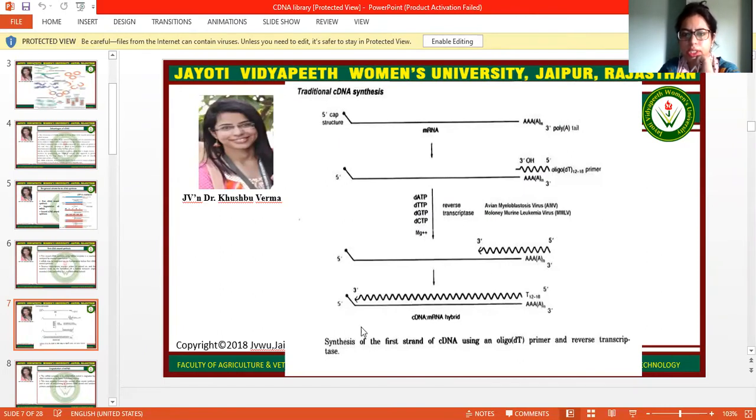So this is the first cDNA strand along with the messenger RNA, creating the cDNA-messenger RNA hybrid. This is the traditional cDNA synthesis, and especially first strand synthesis by using oligo dT primer and reverse transcriptase enzyme.